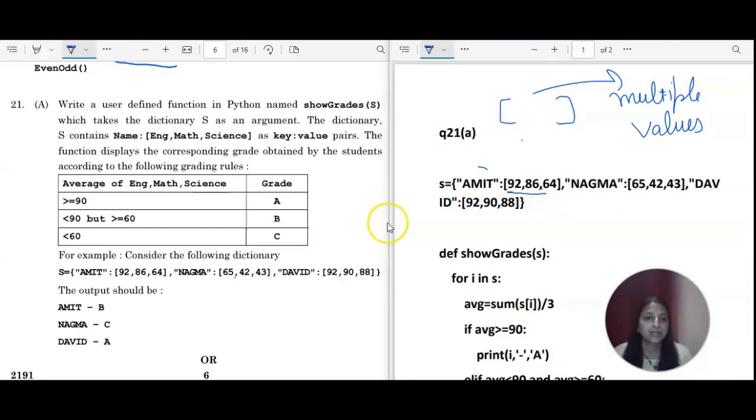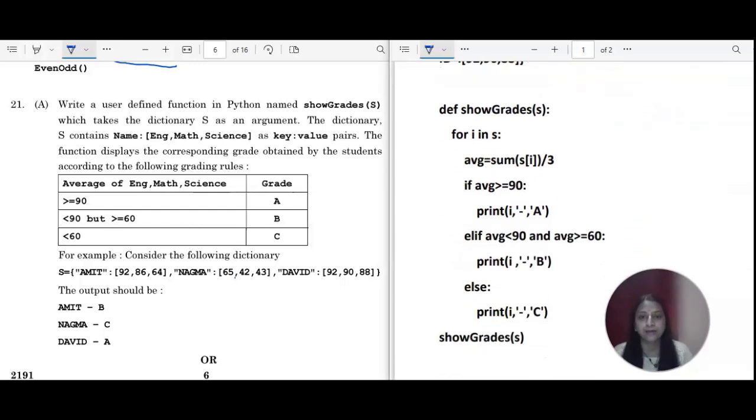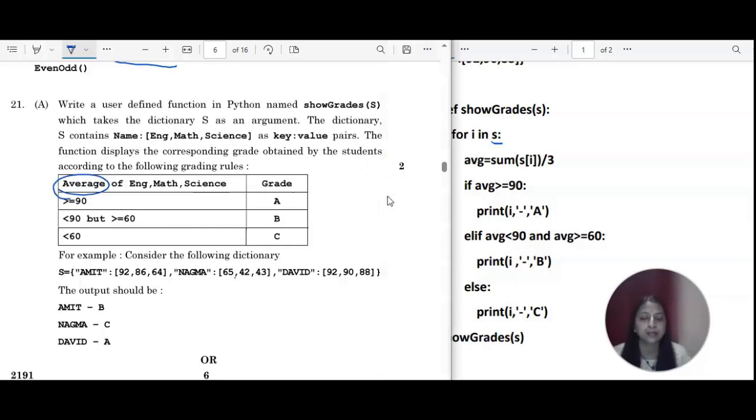Okay. So we have this one now, def show_grade(S). So for i in S, okay, so i in S. This will help you, you know very well, the for loop will help you to get all the values. S is the dictionary, and you can take any of the sequence here. And then we have to find the average. They are asking you to go for average, right? Average of all these 3 marks, and these 3 marks are written in the form of a dictionary.